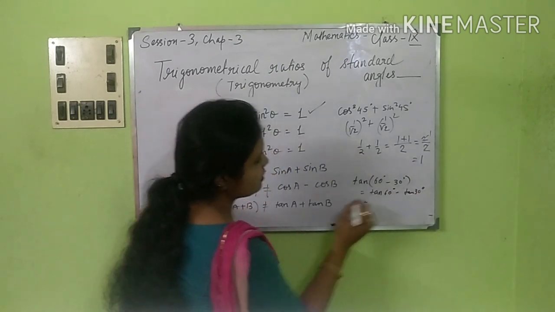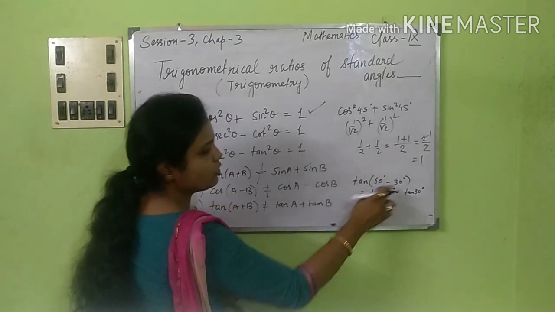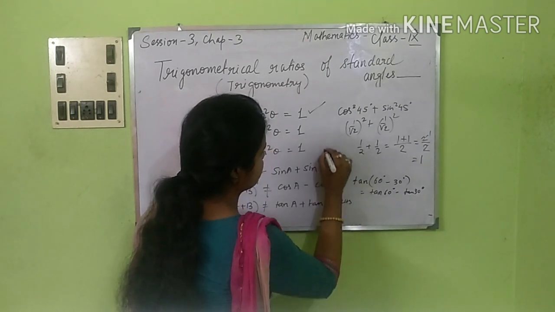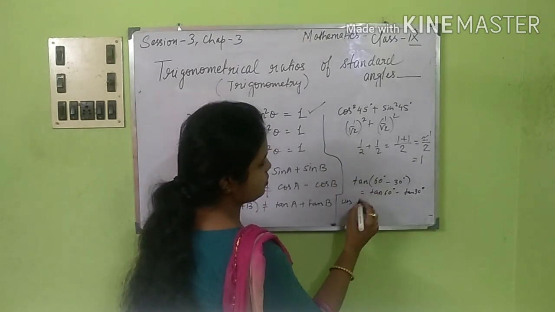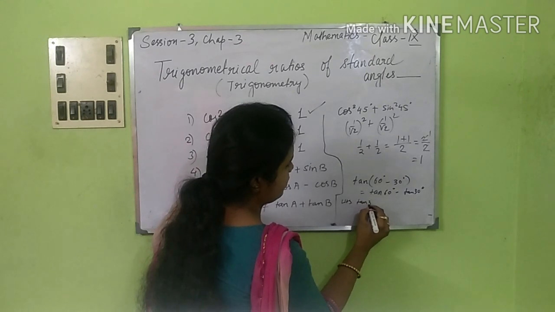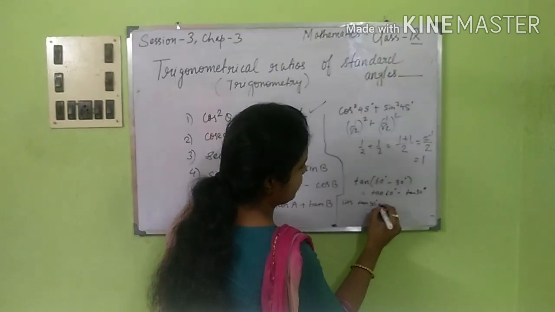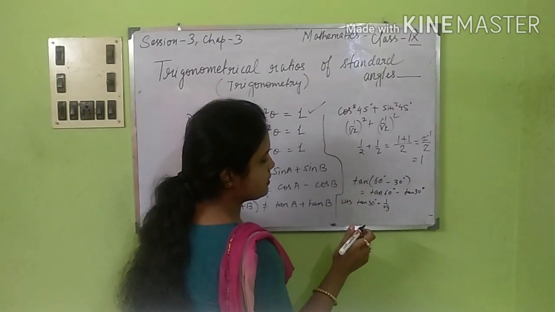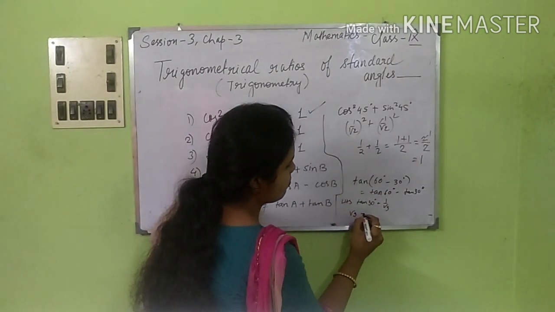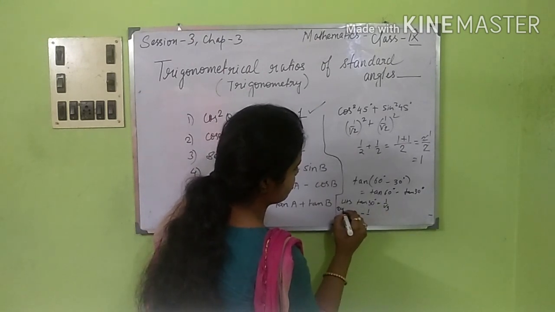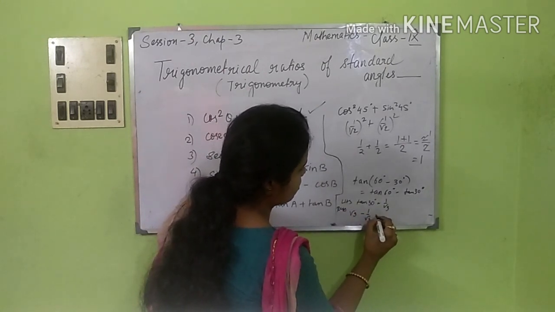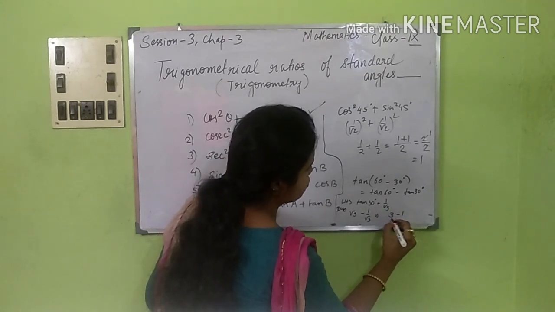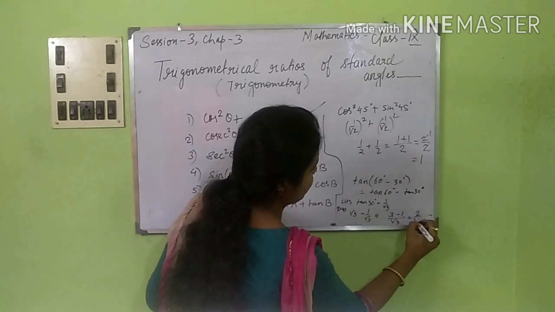Right? So tan 60 minus 30, how much are you getting? This one, the first one, let me take it as LHS. That is tan 30, so you are getting 1 by root 3. We know tan 30 is 1 by root 3. Now here, this is RHS: tan 60 is root 3, minus 1 by root 3. So root 3 into root 3 is 3, minus 1 by root 3. That means you're getting 2 by root 3.